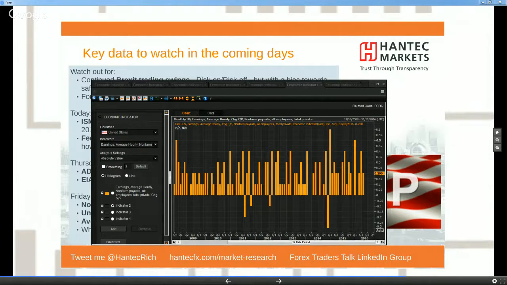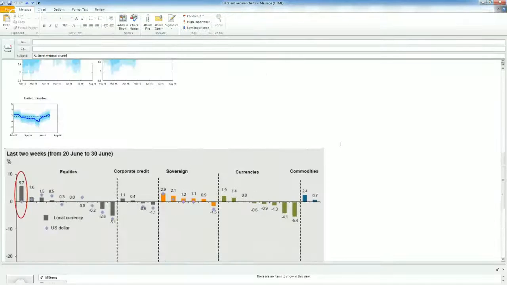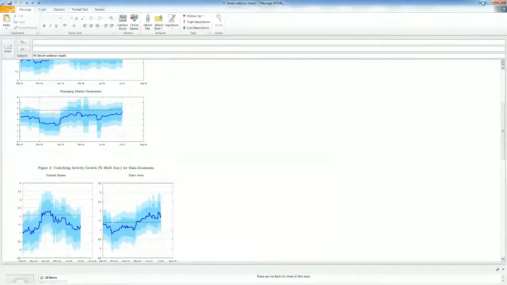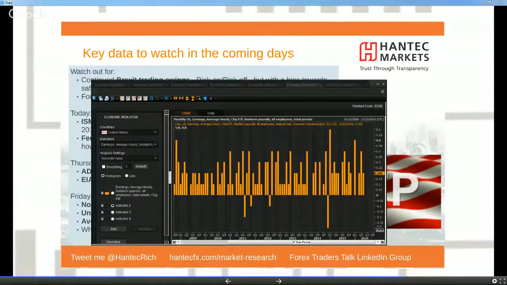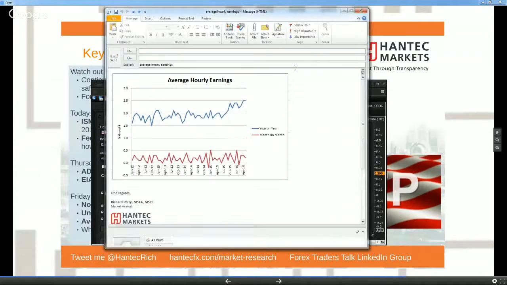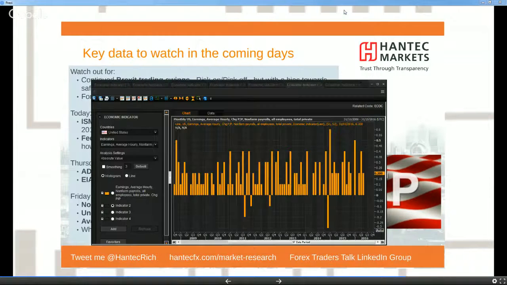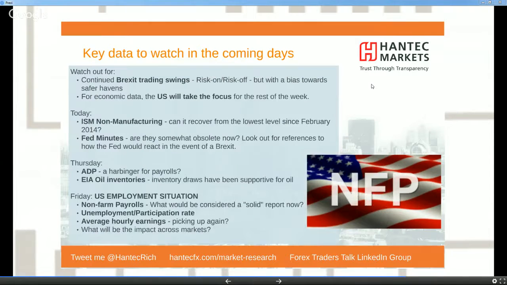Let me just show you. No, sorry, wrong chart. Average hourly earnings expected to tick higher to 2.7. That would be if you did get 0.2% month on month. So that would be continued traction to the upside, and again, that would be a positive move. That would be a good move for the outlook for the labour market, and also inflation as well. So that would be strong for the dollar on Friday. So yeah, that's what we're looking at.